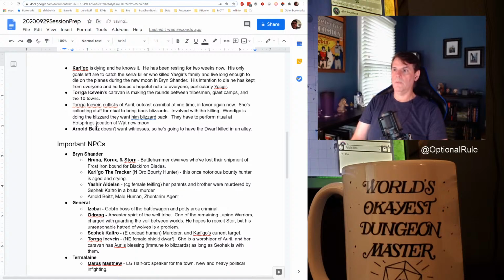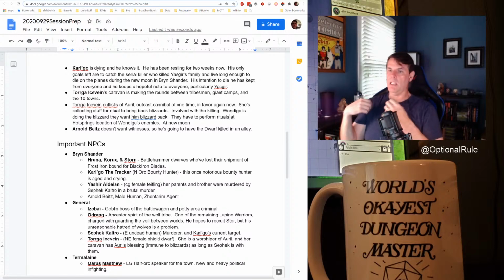And I'll decide later if what's at stake here is they fight the Wendigo. Having read ahead, I don't think I will do that, because that is too similar to an encounter that we will eventually have with Oriel herself. So I don't want to do that. All right. So having done that,